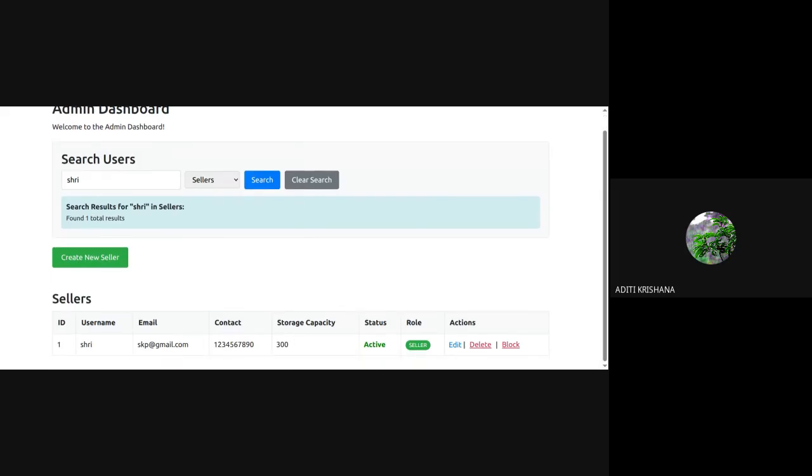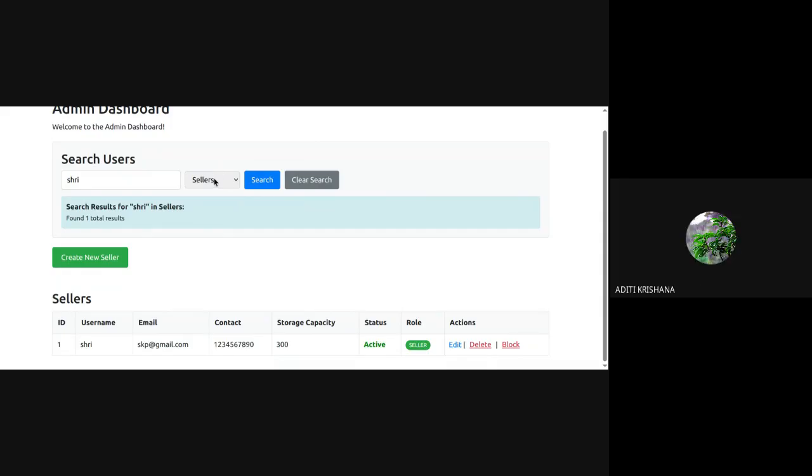So I can say that now you can understand how the search result is fetching the data. Is it clear to everyone? Yeah, more specifically, if the drop down is selected as all, then it showed the results in the flash message.